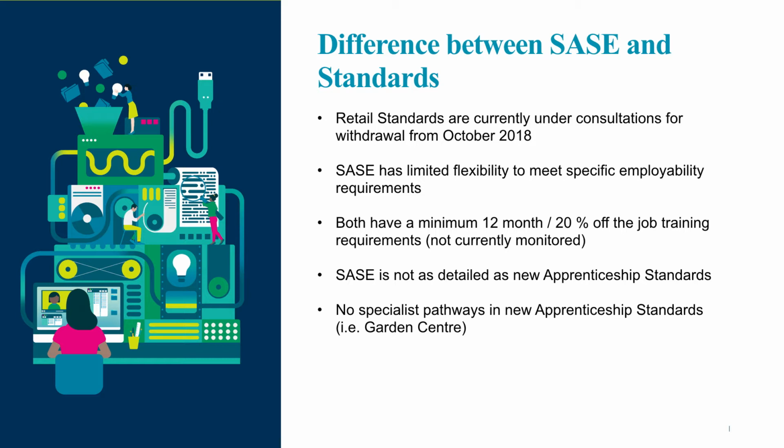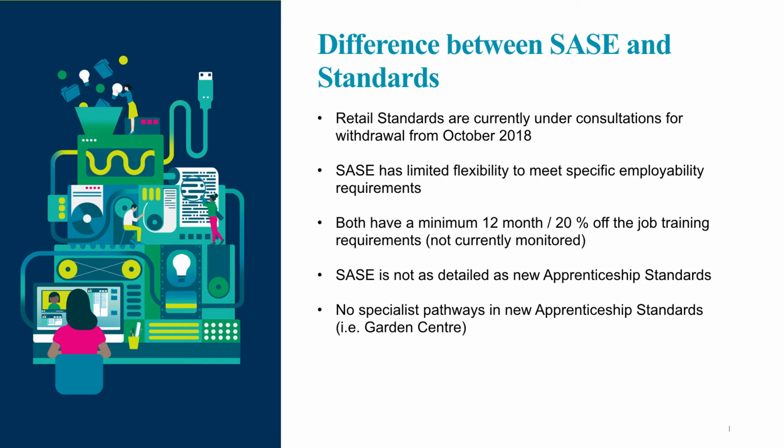So, as I said earlier, SACE isn't as detailed. If I looked at the current qualifications within SACE and the requirements of the apprenticeship standard, if you were to do one of the current qualifications, which we are mapping across to the new apprenticeship standard requirements, rather than just doing a small number of optional units within the qualification, you would need to cover every optional unit in order to meet the requirements of the apprenticeship standard. So they are more detailed than the current SACE apprenticeship appears to be on paper. And I'm not saying it's not delivered in more detail in practice, but on paper that's the difference.